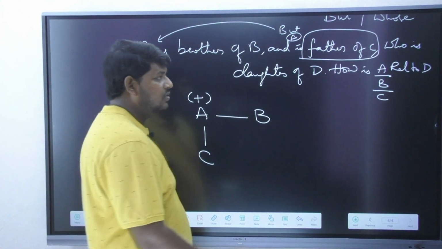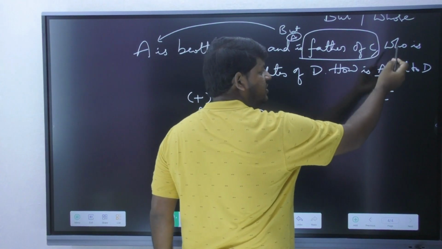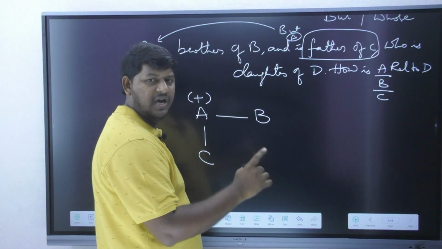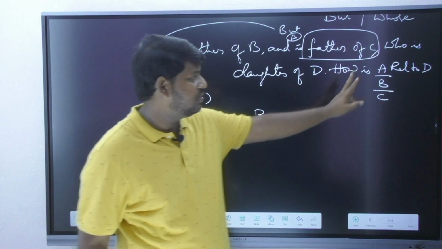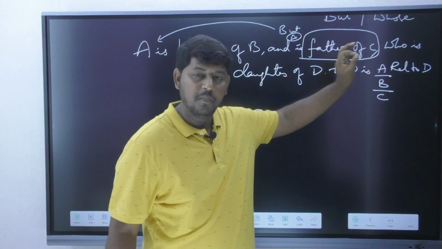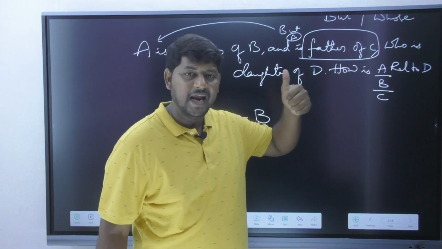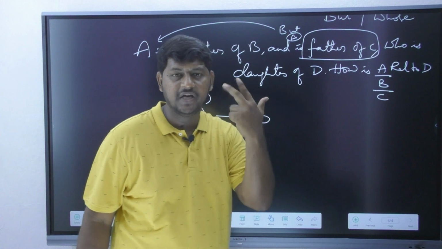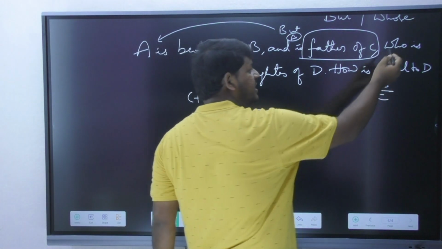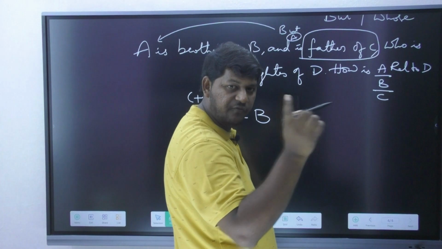Now please observe this: who, which and whose. Please do remember, whatever keyword it is, I wrote only who, but you should also understand that along with who, which and whose, all those keywords are given in order to confuse you only.